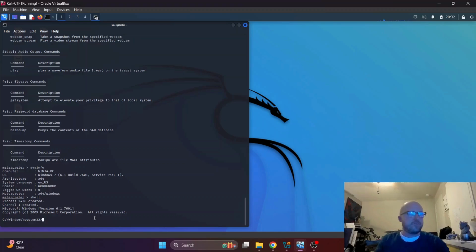And here we're in C Windows System32, which can be very dangerous if you want to start just messing stuff up, but we're not trying to mess stuff up this time. We're just trying to steal information. So,